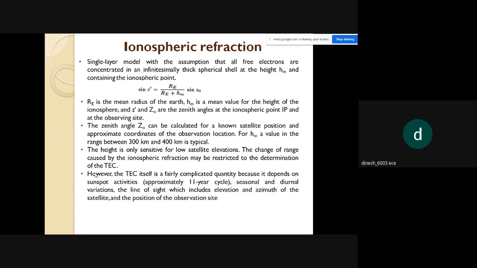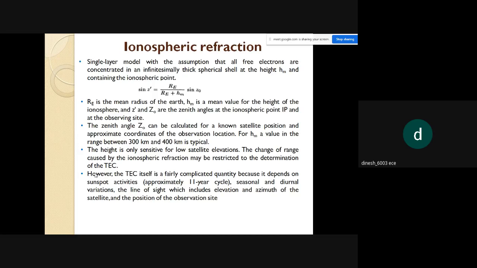So next, what we are going to do is a model with these zenith angles. A single layer model with the assumption that all free electrons are concentrated in an infinitesimally thick spherical shell at a height Hm, having some ionospheric points. So we get the value of the ionospheric refraction from sine z dash